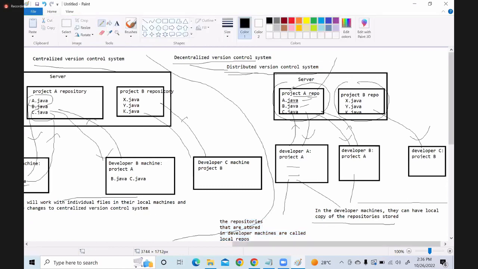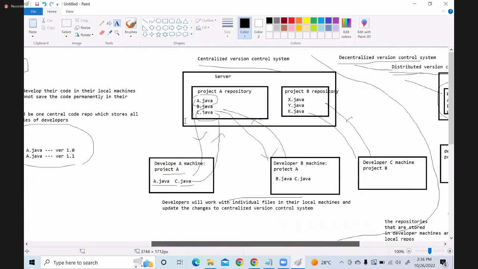When we are able to copy this complete repository to the developer machine, it includes all the versions of all the files present in this repository. Similarly, developer B can also copy this complete repository into his machine.